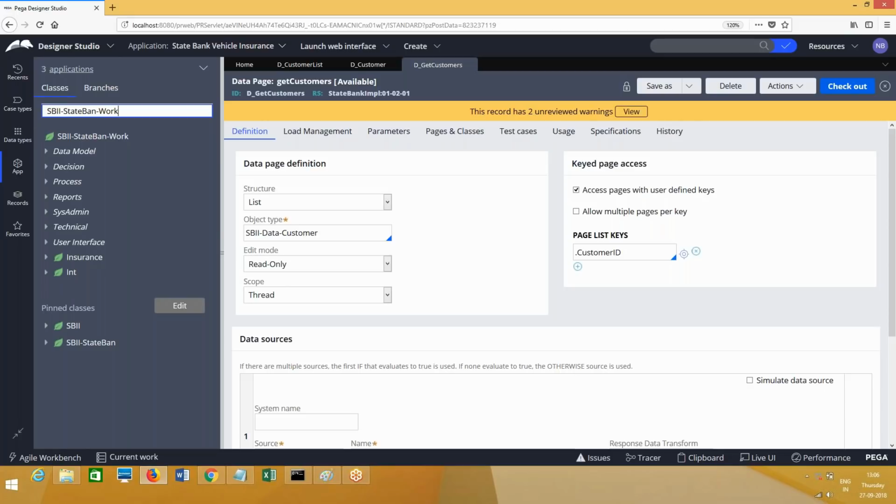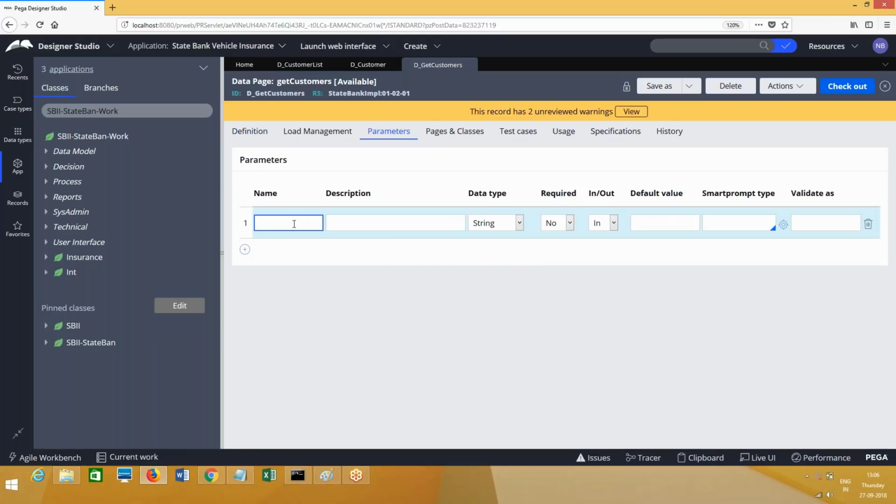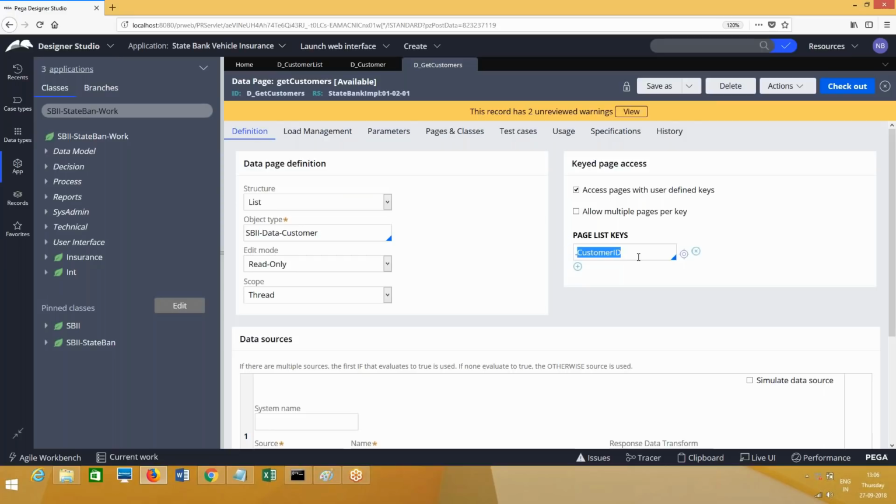and from some other rules. Whenever we call a data page from a repeating layout, we have a facility to pass parameter values. Suppose I define a parameter here; if I refer to this data page anywhere, it is going to prompt for passing the value to this parameter. But unlike that, if we have keyed access pages defined with some keys and we call this data page anywhere in our application from a repeating layout or something, there is no facility to pass the key values. So these key values to a data page can only be passed from property level.